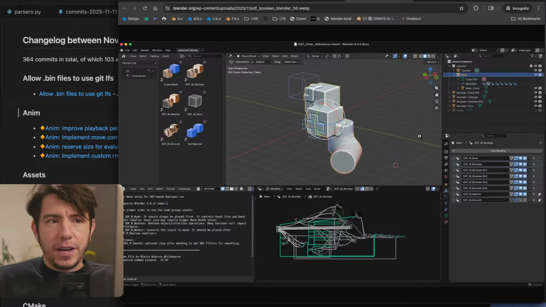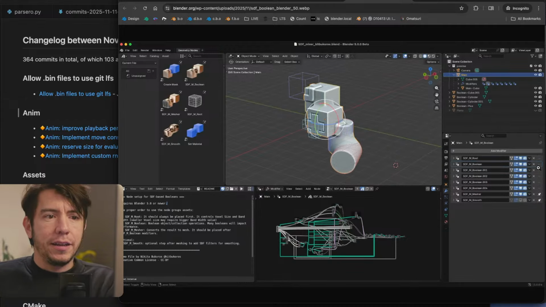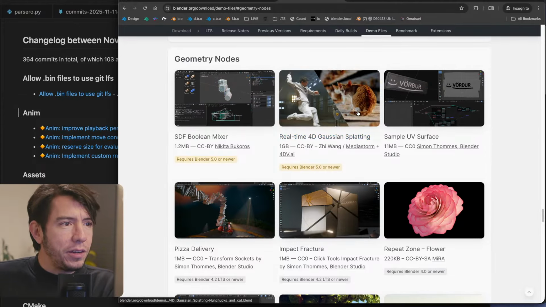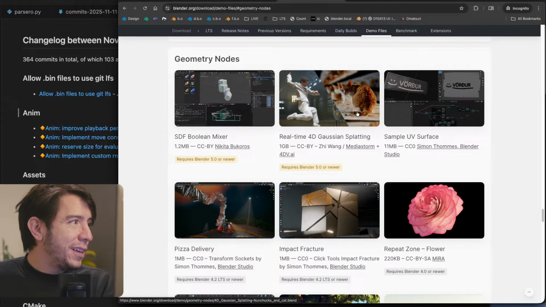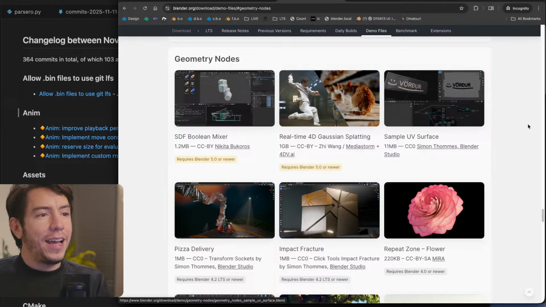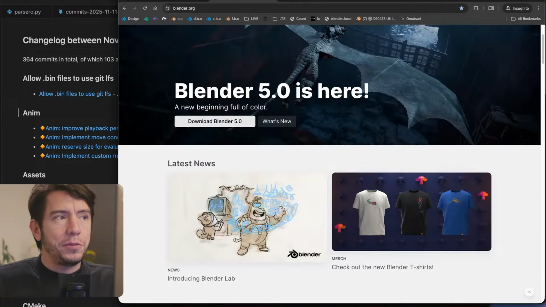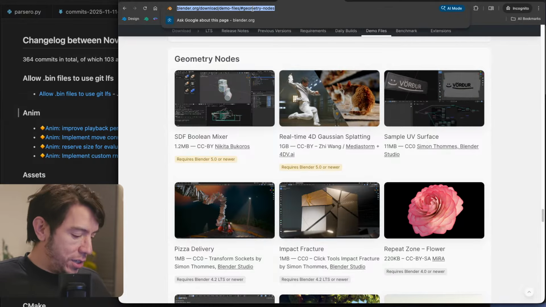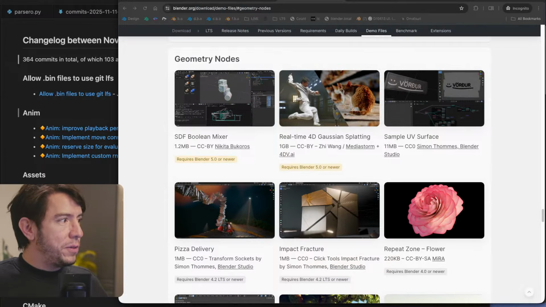This file is very slow. You need to open it and then disable most things, but it's amazing. Then there is the Gaussian splatting file here. There is a bunch of things that I didn't get the time to actually add to the page of 5.0, but you can already try them out. So I would share these with you so you can go have fun with demo files.